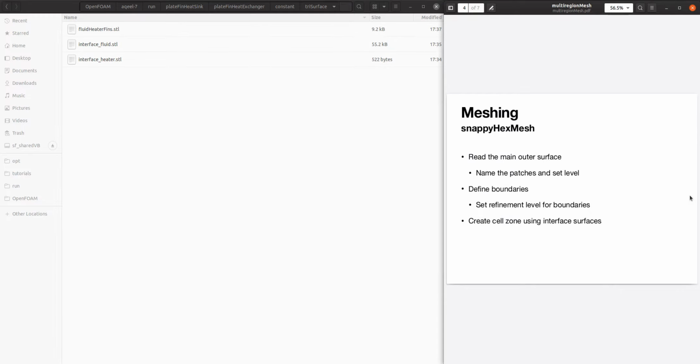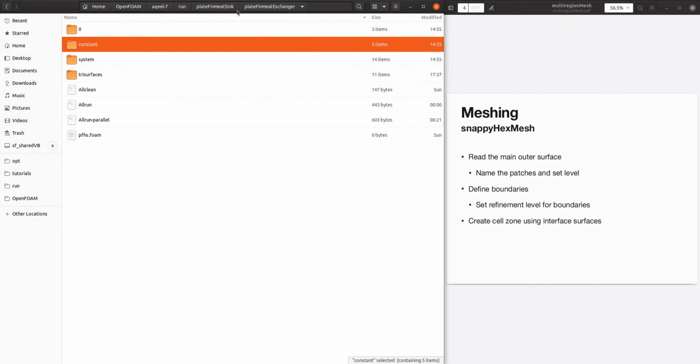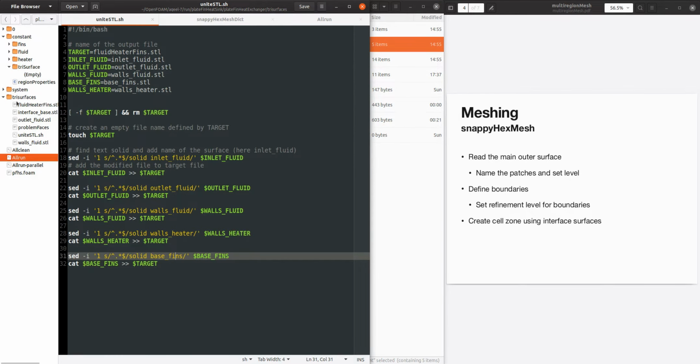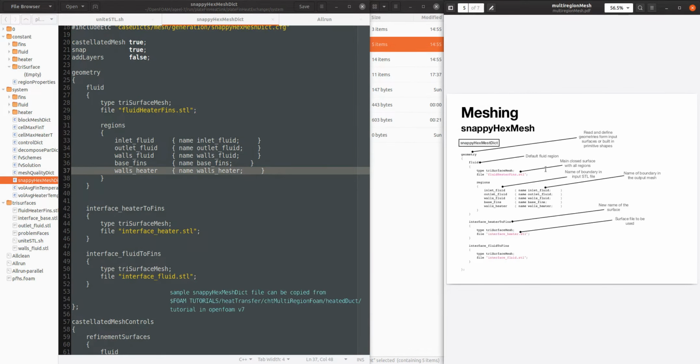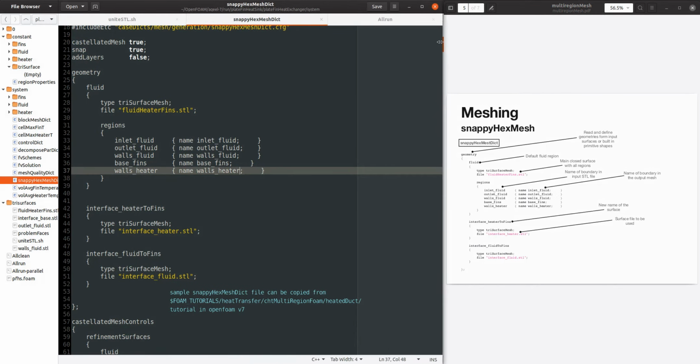And the next step, now we just want to set our Snappy Hex Mesh file, which is in system, and we only need to define two things here.